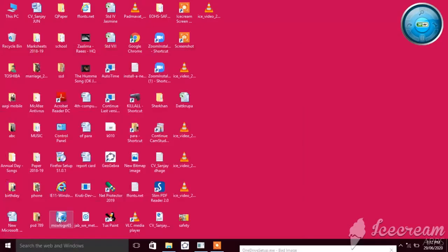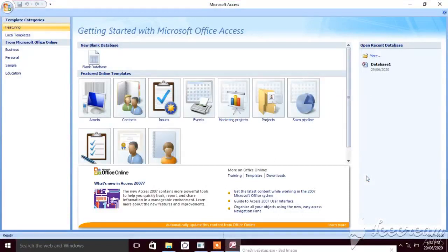Click on Access. Okay, this is the window of Access.